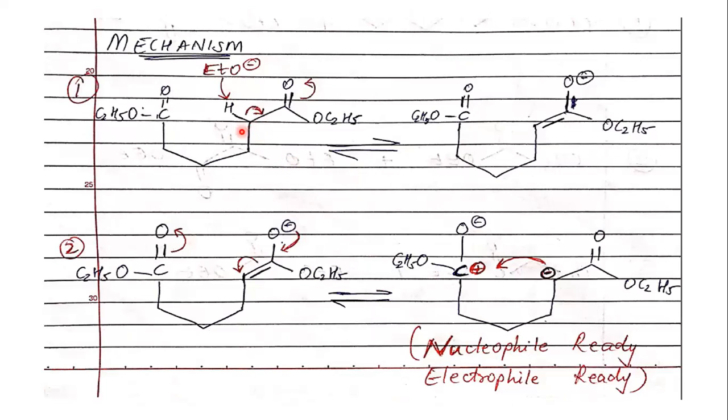The first step: the compound should have an alpha hydrogen. Again, it is of primary importance for Dieckmann condensation. The compound, the diethyl ester, should have at least one alpha hydrogen. So this is your first carbon. This is your actual ester carbon. The first carbon next to it is your alpha carbon. The hydrogen attached to it is called the alpha hydrogen.